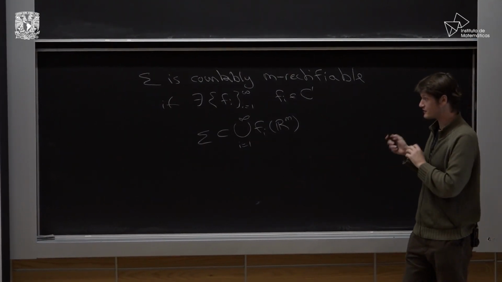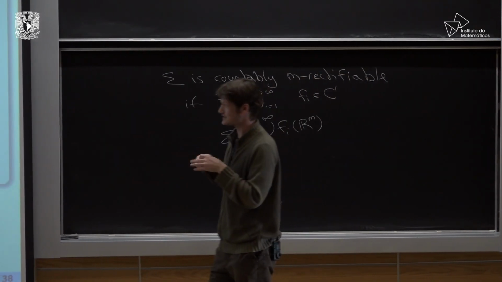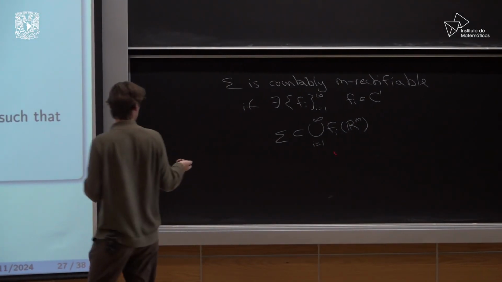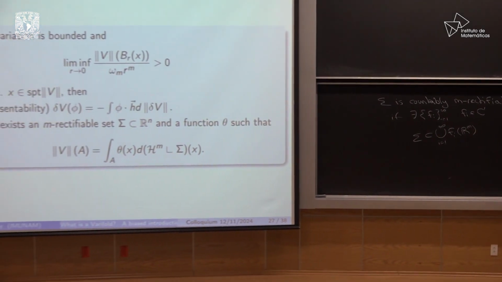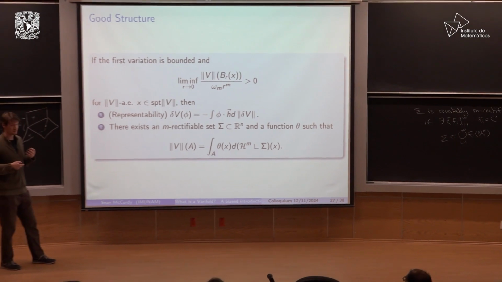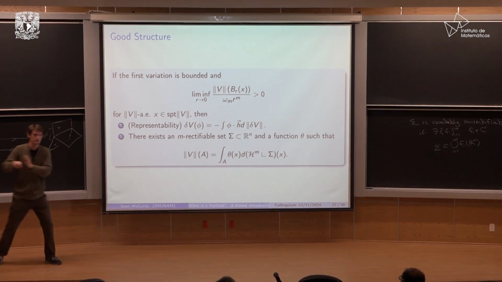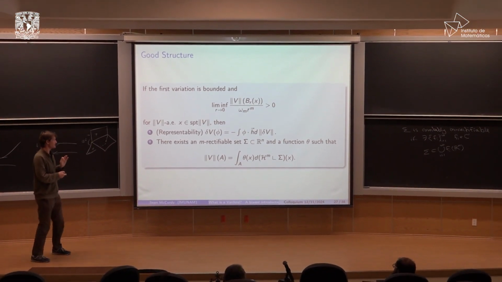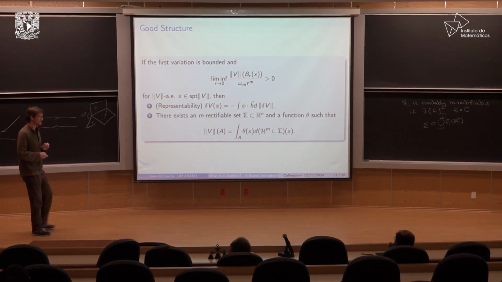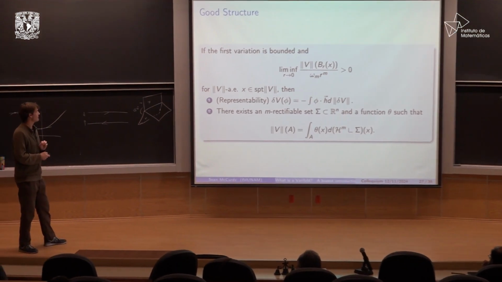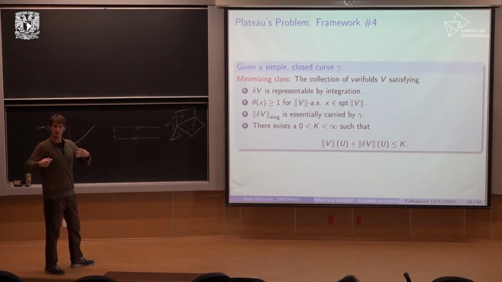So things can get pretty crazy, but at least you know you have tangents almost everywhere, your density will exist. Well, I guess it could be infinite. But you definitely get tangents almost everywhere. This is a very nice class of functions. And this is unfortunately sort of like, at this stage, kind of the best you can do abstractly, right? Of course, there are further regularity theorems, but this is going to be our version of, well, at least we get a nice rectifiable set. It's not too crazy. Okay, so with these things in place, we can now approach this varifold